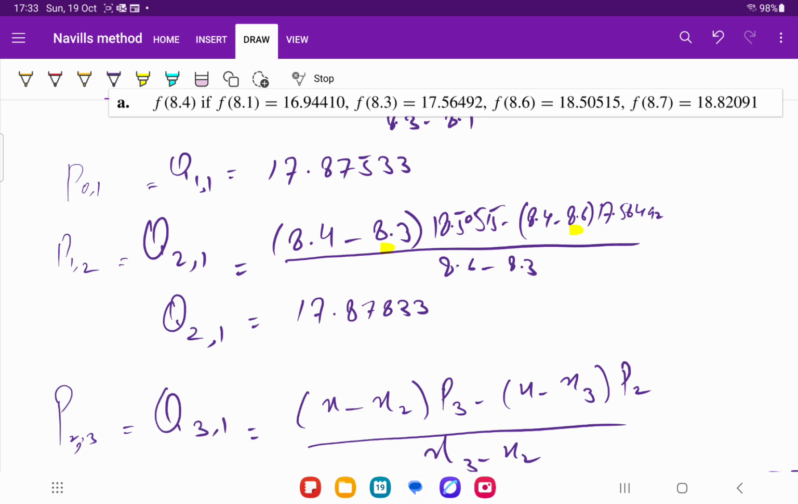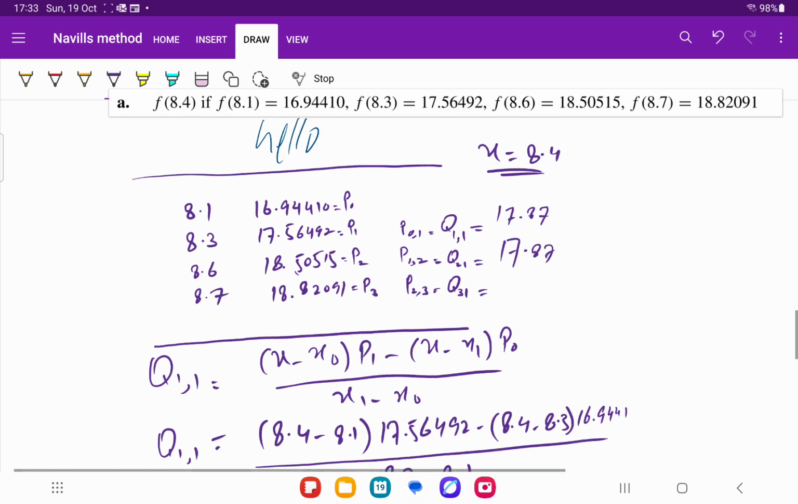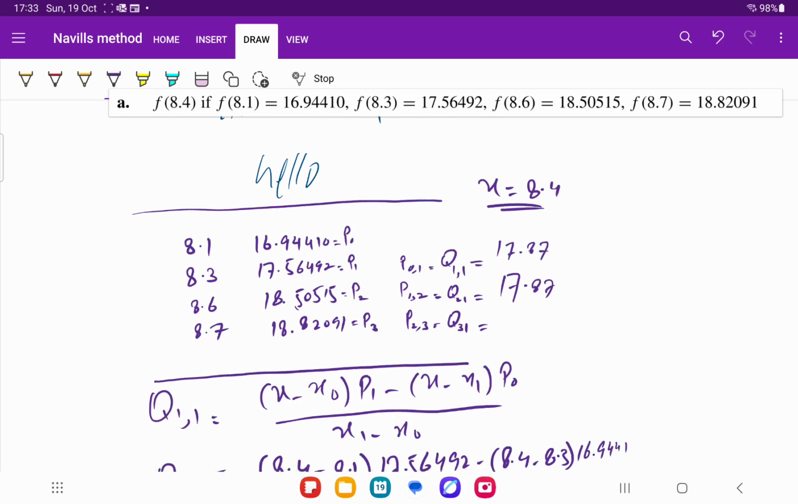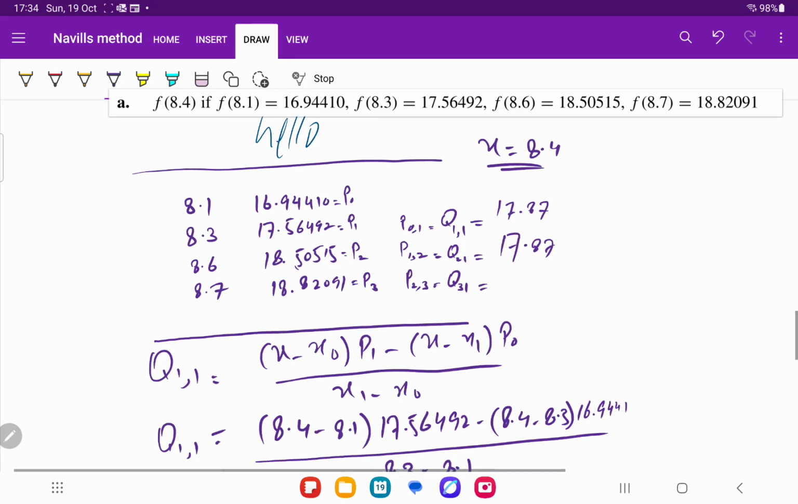Whatever, basically we have generated the values already. 17.87 or something like that we have generated already. It should be a little bit different, not too much. So let's put it 17.87 as well. Okay, so we have generated one of the columns, and the next column should be